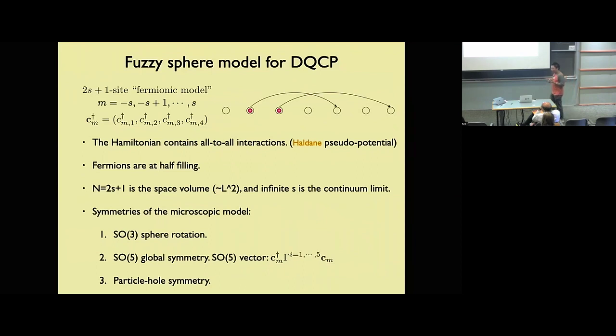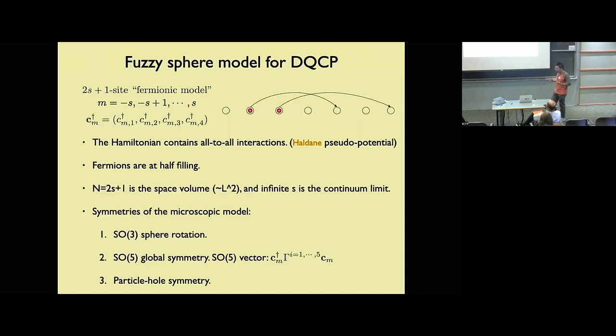Those sites are actually what we know as lambda orbitals on a sphere. On each orbital or site, we have 4-component fermions that we can label as, say, M1 and so on. Those fermions just hop on this 2s plus 1 site. One thing is that the projected Hamiltonian actually contains all-to-all interactions, which are organized using 3j symbols,